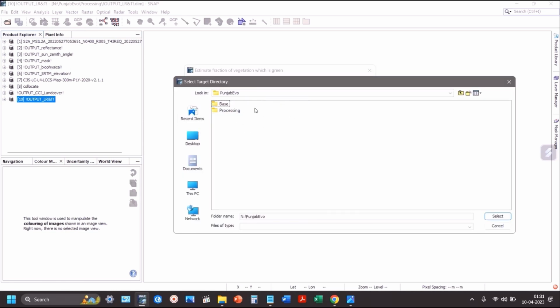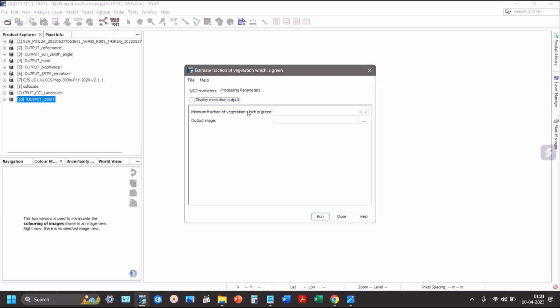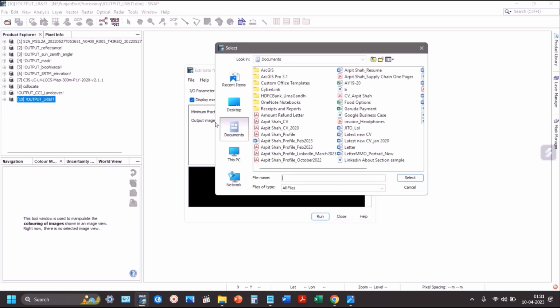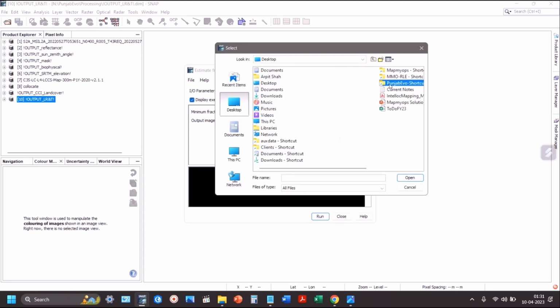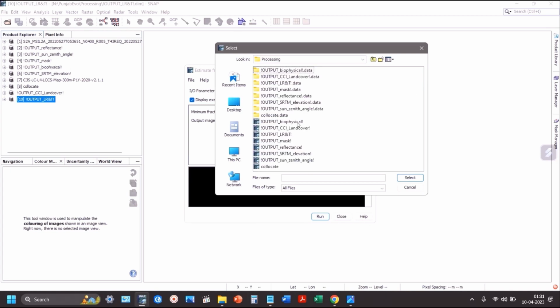So if we do not want to go step by step and select the same layer processing folder, we can also copy the layers' path name and paste it over here. So both options are there. The parameters, the minimum fraction of vegetation is green is 0.2. We will not change it. We know that the minimum fraction of green vegetation in our area of interest is much higher than 0.2 or